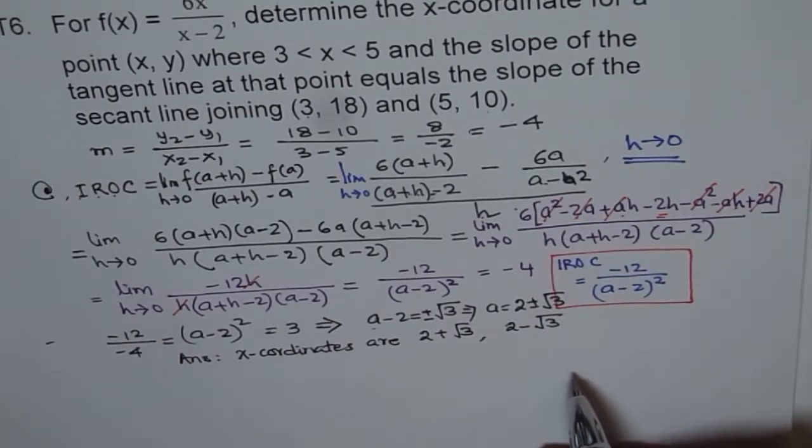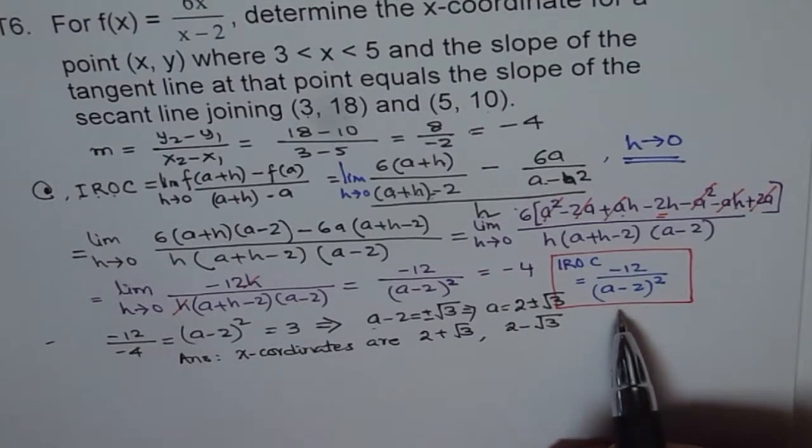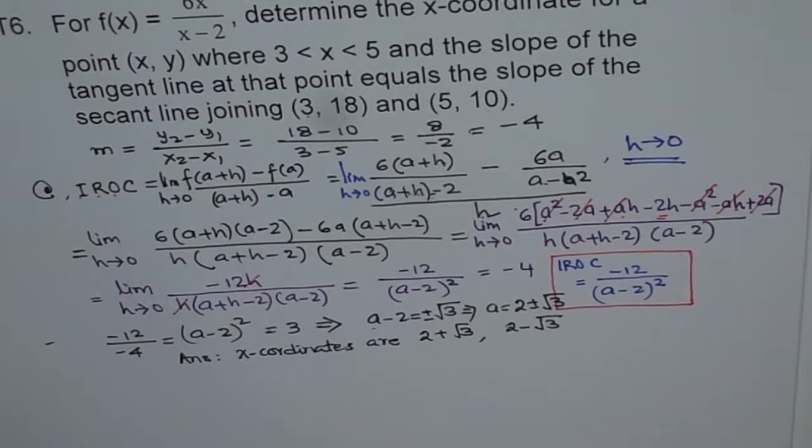So you can see from here that at every point the slope is going to be negative, because the denominator will always be positive. It is a square. So minus 12 divided by something which is positive will always give you a negative answer. That means the slope at any point on function f(x) = 6x divided by x minus 2 is going to be